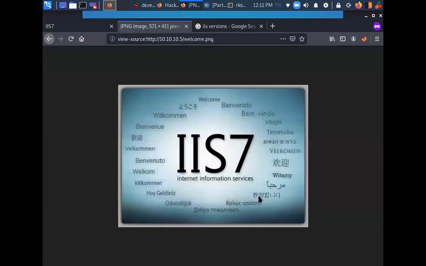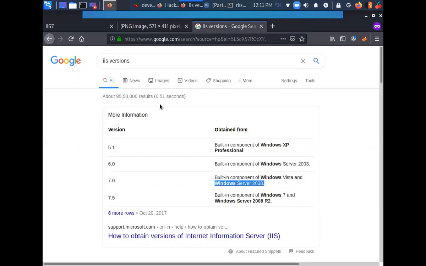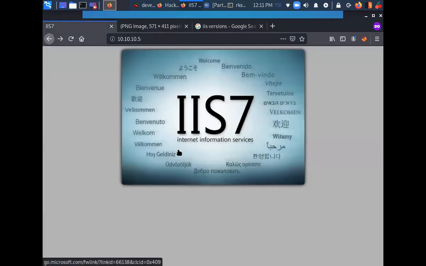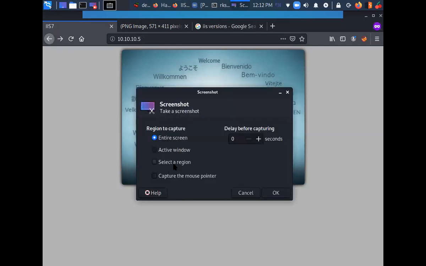Let's try to visit this file. So this is the image file, which is acting as the home page, like the index page. Okay, great. Let's take a note of this as well. Let me do a full screen capture over here.